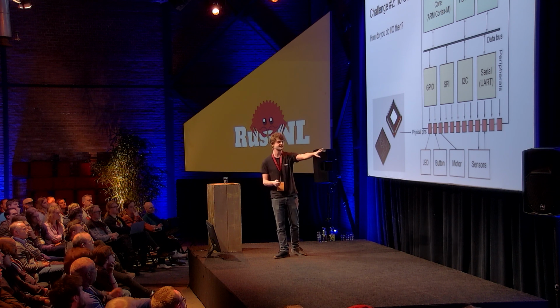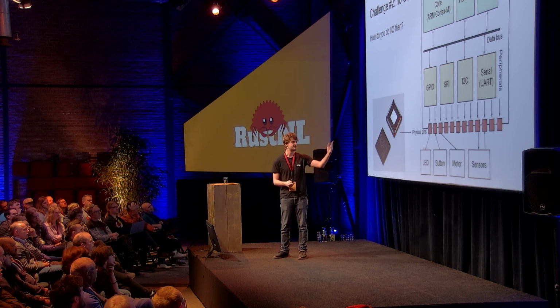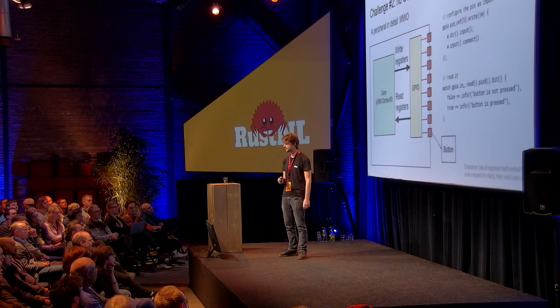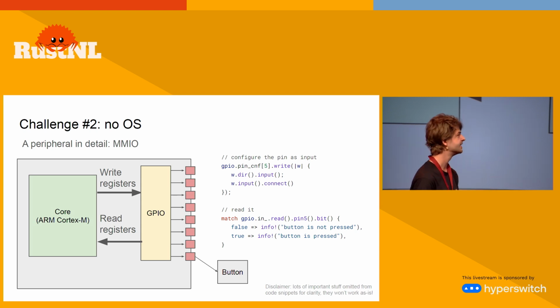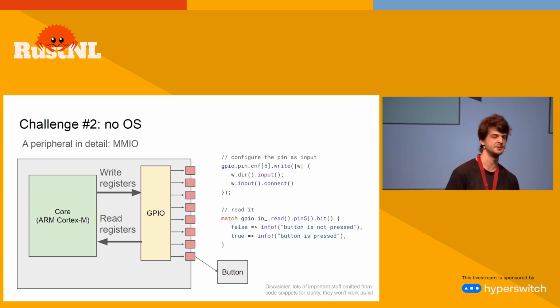So to talk with these things outside your chip, you need to use these peripherals. So how do you use a peripheral? Well, the peripherals are memory mapped, so you use MMIO, memory mapped IO typically, which means the peripheral appears in some magic region of memory, which is neither RAM nor flash. Instead, it has registers, which are magic memory locations where you can do a write to tell the peripheral to do things, or you can do a read to receive information from the peripheral.